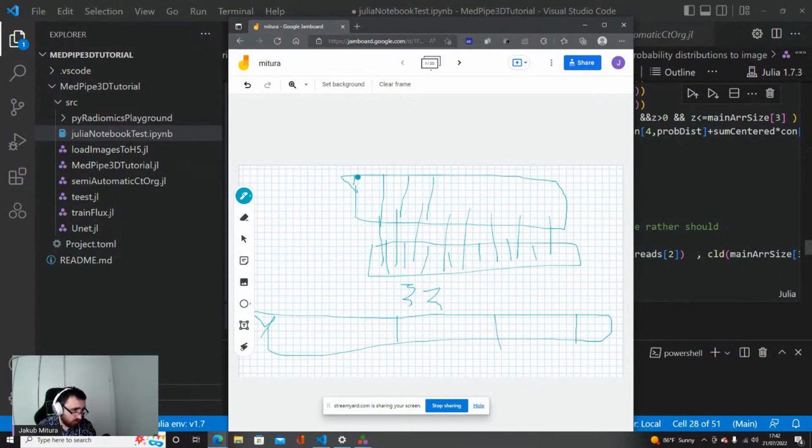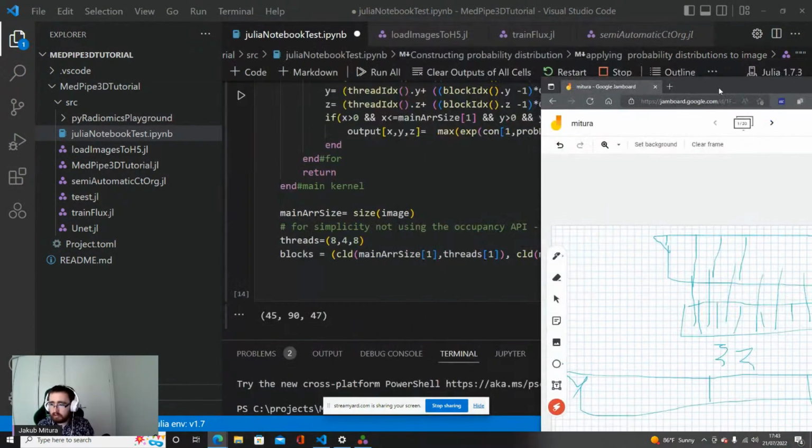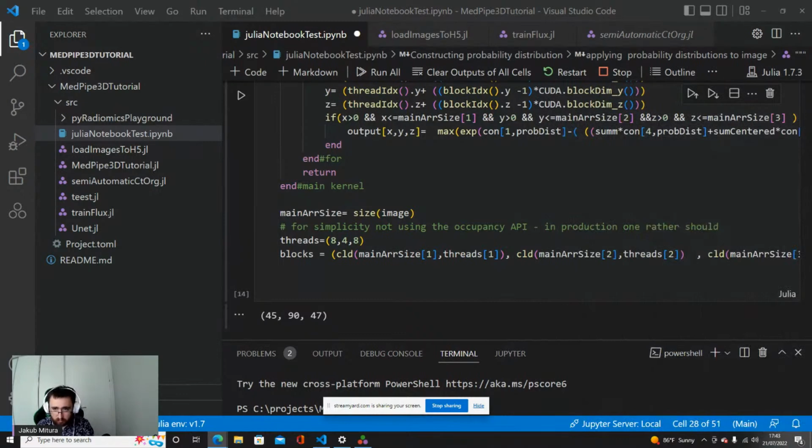So in order for the GPU to work the best, we need to get the data from spots that are nearby. Optimally, each warp, so each 32 threads, should have data that is next to each other, so 32 consecutive places in memory. This is very important from the optimization perspective.